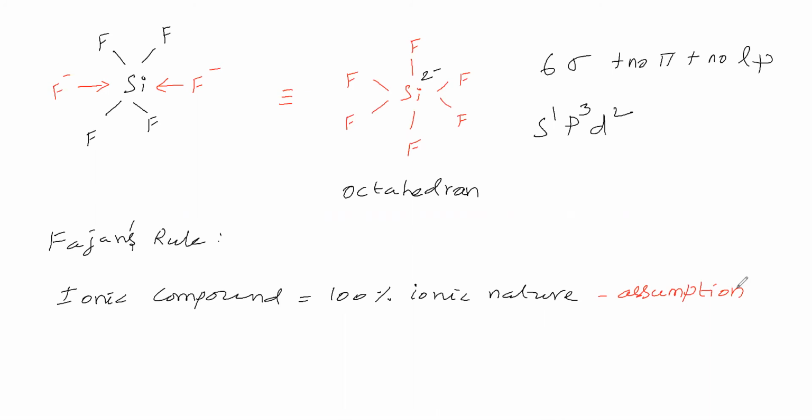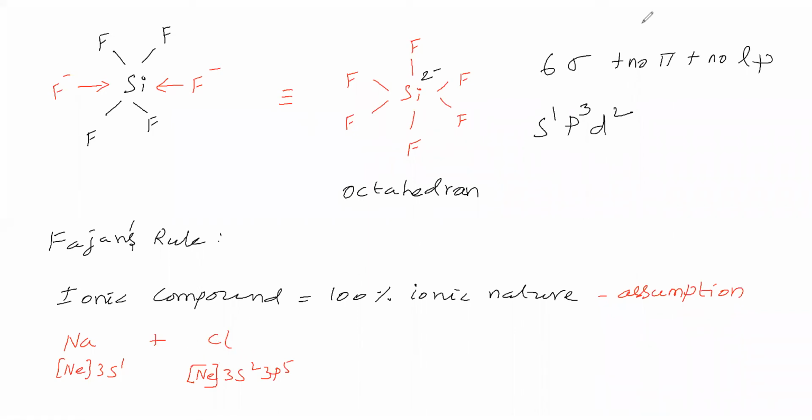Then we will see what the actual fact is, that is, the experimental result. First, we will proceed as per the assumption. Now I am taking sodium. The sodium electronic configuration, you know, is neon 3s1. Then I will take chlorine. The chlorine electronic configuration is neon 3s2 3p5. If sodium donates one electron, its configuration becomes neon and stable. If chlorine accepts one electron, it becomes a stable configuration.